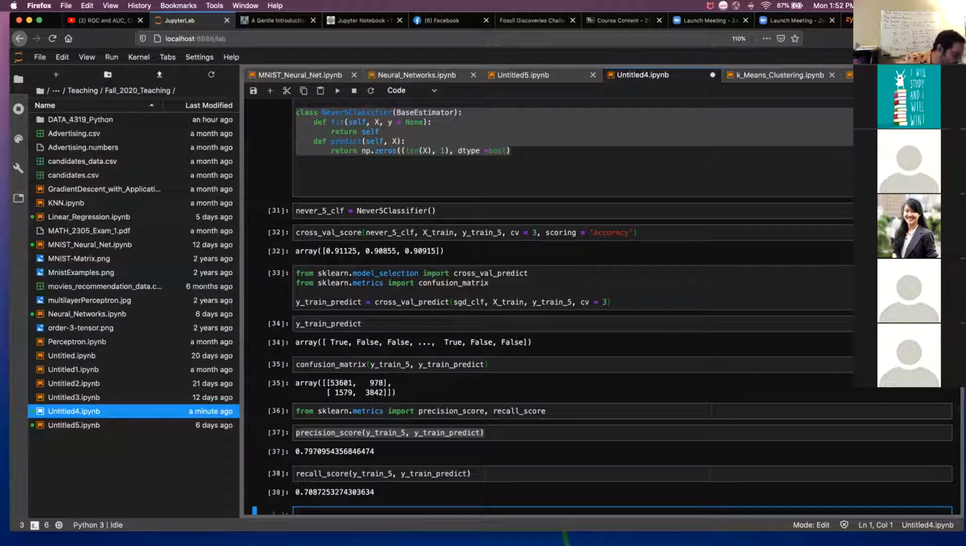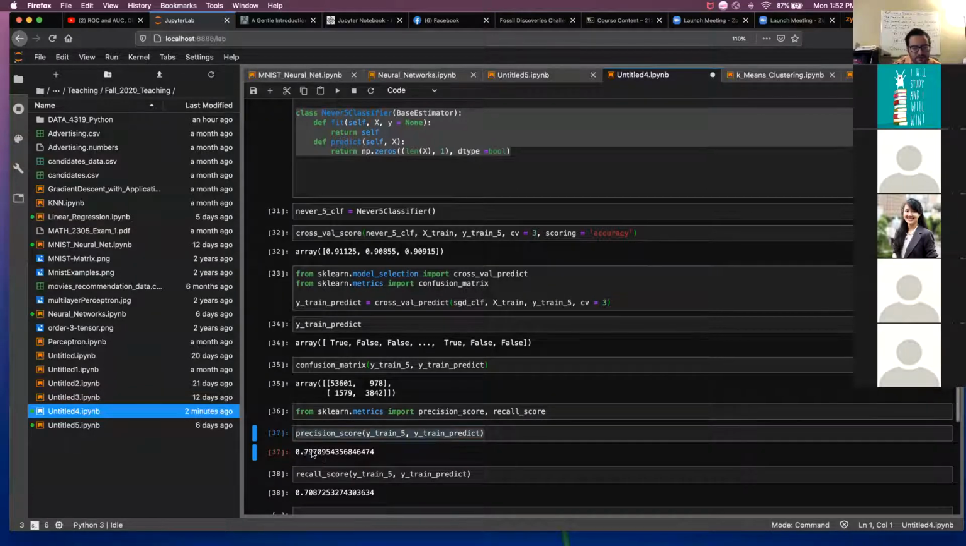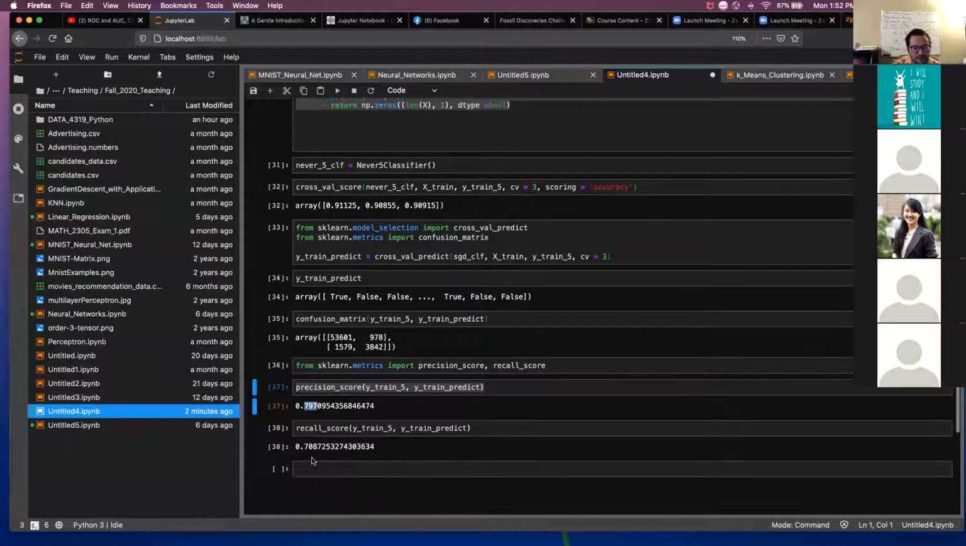Okay, so what this is saying here is that this precision score, so when it claims that the image is indeed a 5, it's only 79% accurate when it does that. So when it claims that it's a 5, it's 79% accurate. And then here, this is when it is a 5, it detects that 70% of the time. So this precision recall